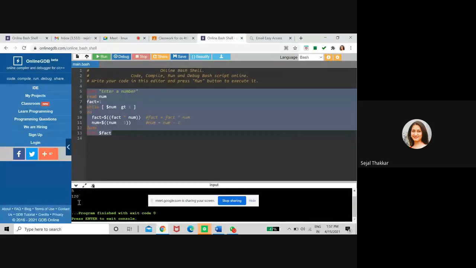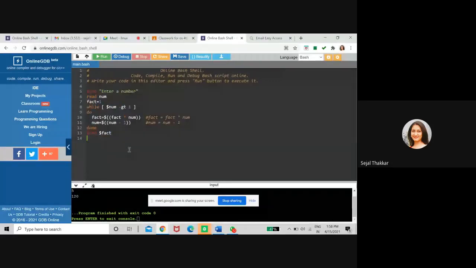You can give any number of your choice, but the number should be positive. So this is the factorial practical that you can run. You already did all these simple practicals in C programming. This is similar to C programming, the only difference is the syntax. You can see here how the while loop is written in square brackets, and how the greater than symbol is used.